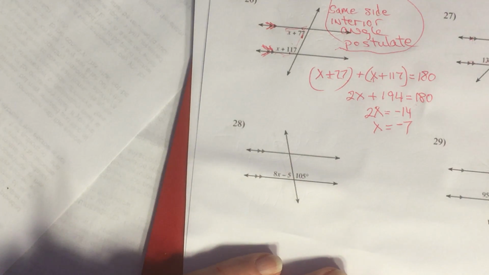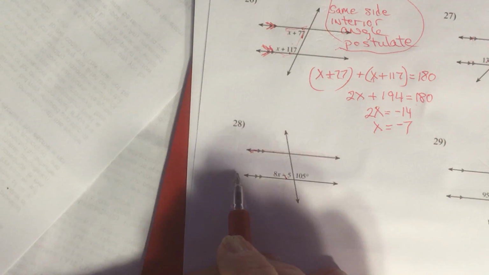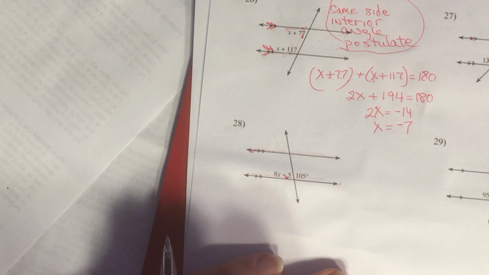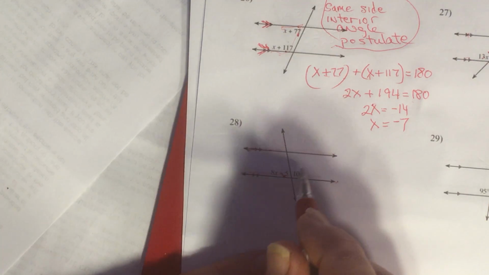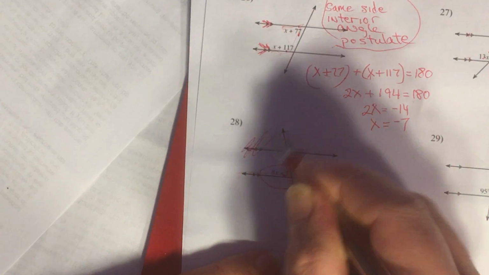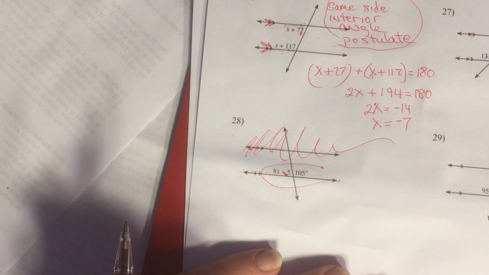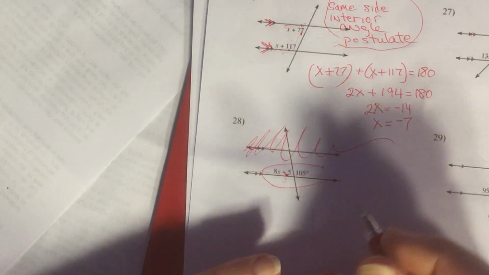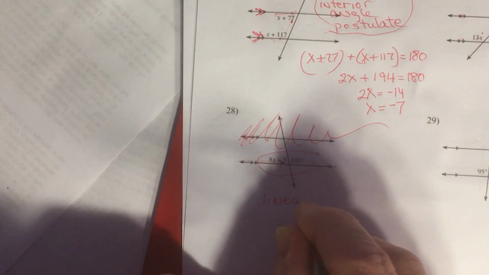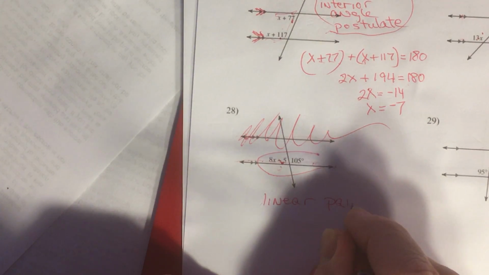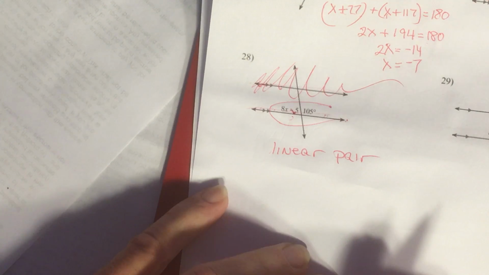All right, let's see, 28. Okay, again, I got two lines that are parallel, but I don't actually have things going on at two different intersections. This is all at one intersection, so this actually doesn't matter to me at all. These are a linear pair. And a linear pair are always